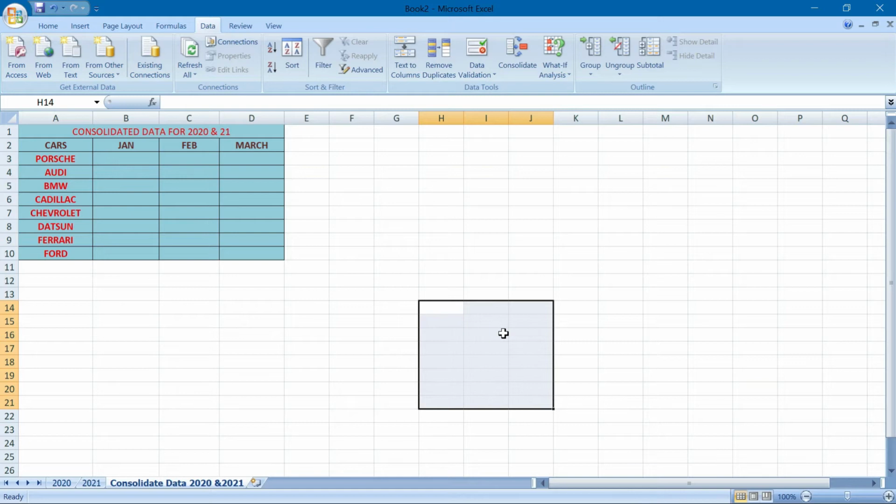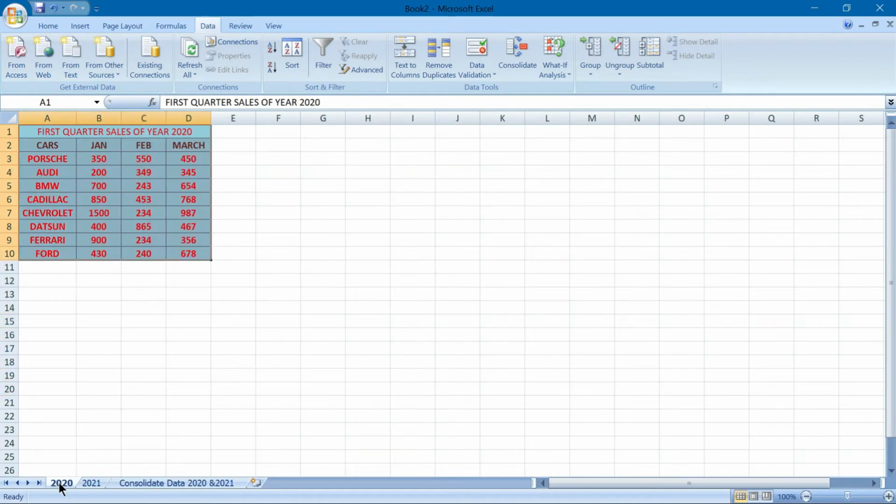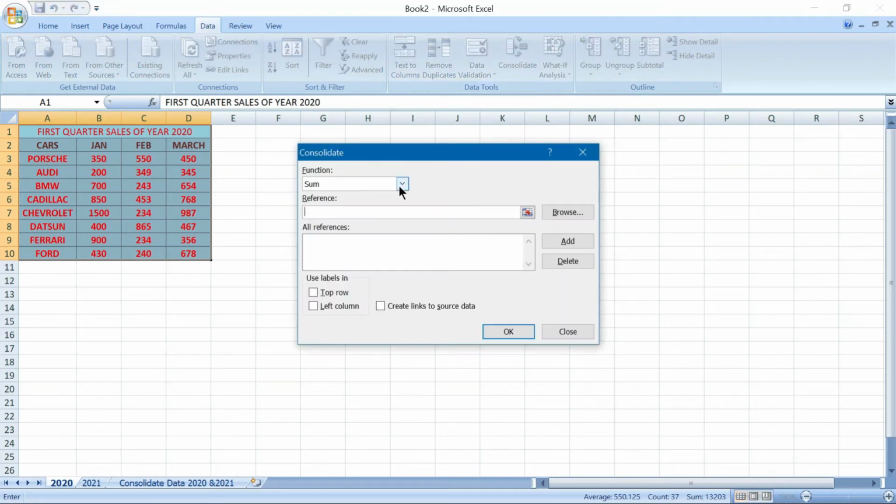Okay, so I'm just deleting once more and keeping my cursor out here once in the January and doing it once more. All right, now you watch carefully what I'm doing. So I'm going to the first cell, first sheet. Now I'm going to consolidate from the function drop down list. I'm selecting sum. Okay, and then in the reference box, what will happen, I'm going over here.